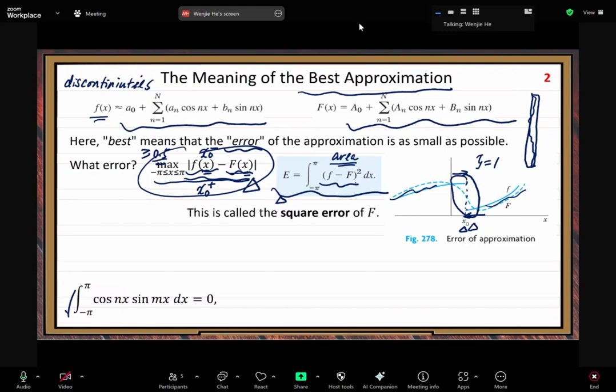The square error of capital F. We have the freedom to choose capital F, and every time we choose F, we can calculate this error term. Now we go back to the set of trigonometric polynomials